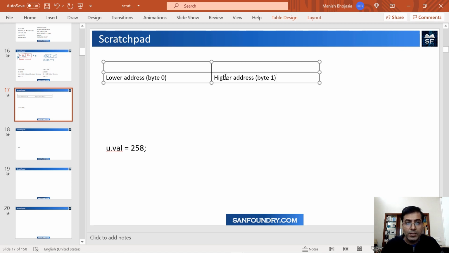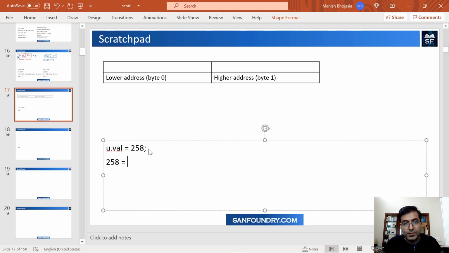Since these 2 bytes are going to store this value, let's quickly break it down. 258 can be written in hexadecimal notation, which is basically 102. You can use your calculator to see why 258 is 102.